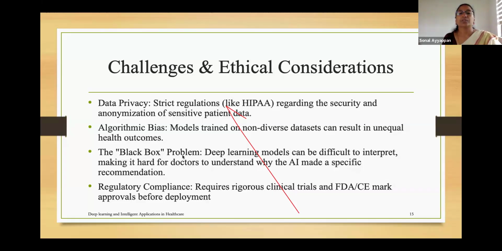There are some things which have to be really taken care of. We talk about enormous data. In the previous slides, I already spoke about the drug and the DNA patterns. We might have seen this in fictional English films, but if you get a DNA pattern, it can be misused. Yes, it can really be done. A very sharp or intelligent person can take someone's DNA, redefine it, do cloning, and everything can be done. So there are challenges as well as ethical considerations when we work on such data.